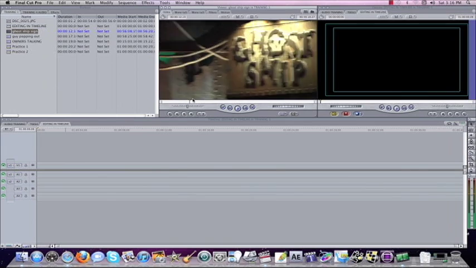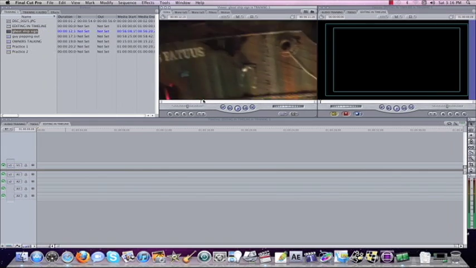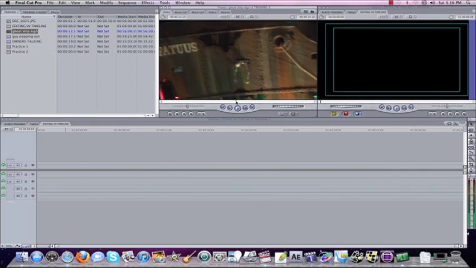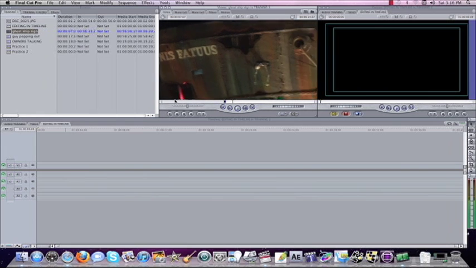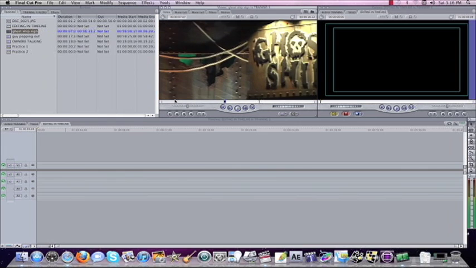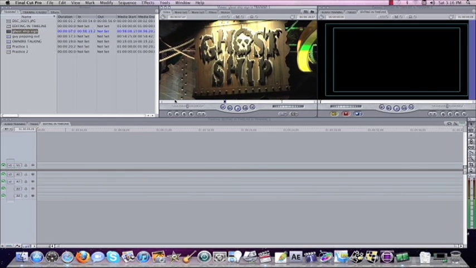Here's our first shot. We're going to grab this ghost shot. I'm scanning through. I'll set an in point right as it starts to move, and I'll hit spacebar to play. Spacebar to stop. I'll set it out with an O. And now I'm going to drop this down, and as I drop this down, first thing I'm going to do